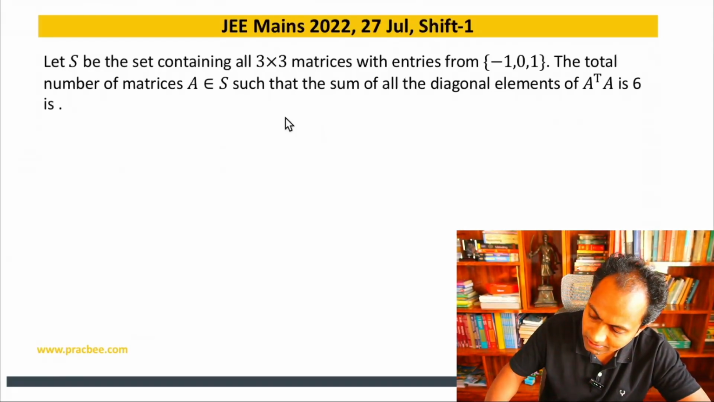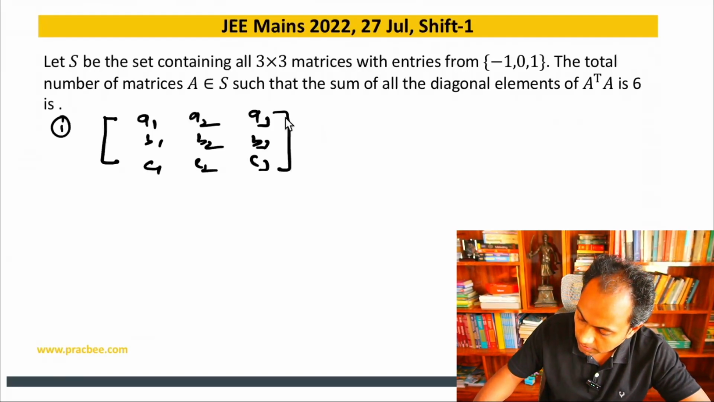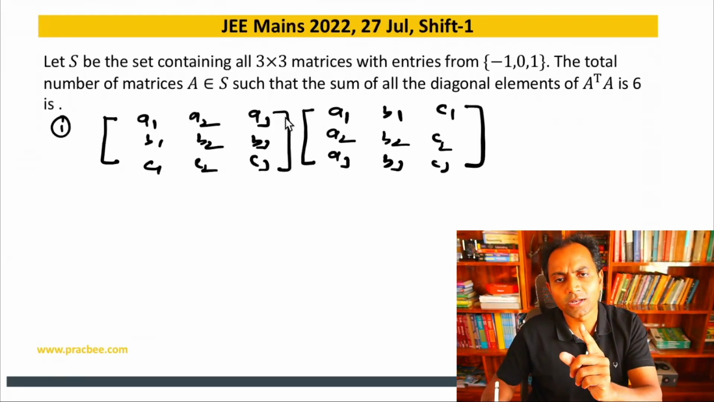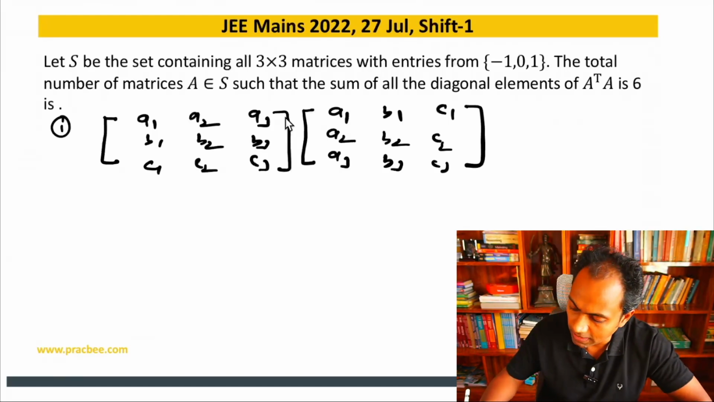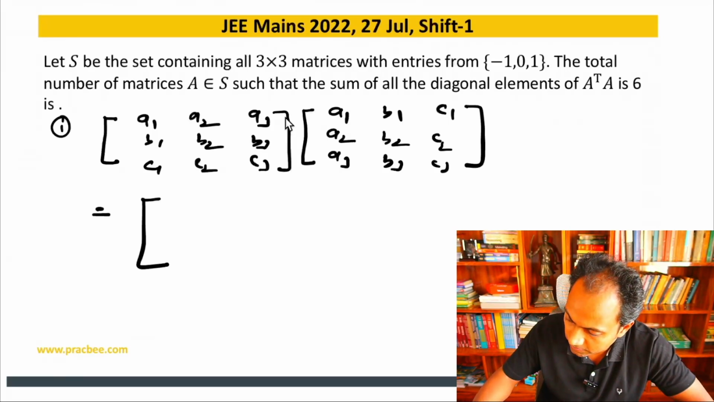If I consider a matrix as nothing but A1, A2, A3, B1, B2, B3, and C1, C2, C3, and multiply with its transpose, it will become A1, A2, A3, with rows and columns getting interchanged, B1, B2, B3, C1, C2, C3. Let us only focus on the diagonal elements, because we do not want the other elements. So what will happen to the diagonal element? If I want to get the first element, this row and this column will get multiplied,